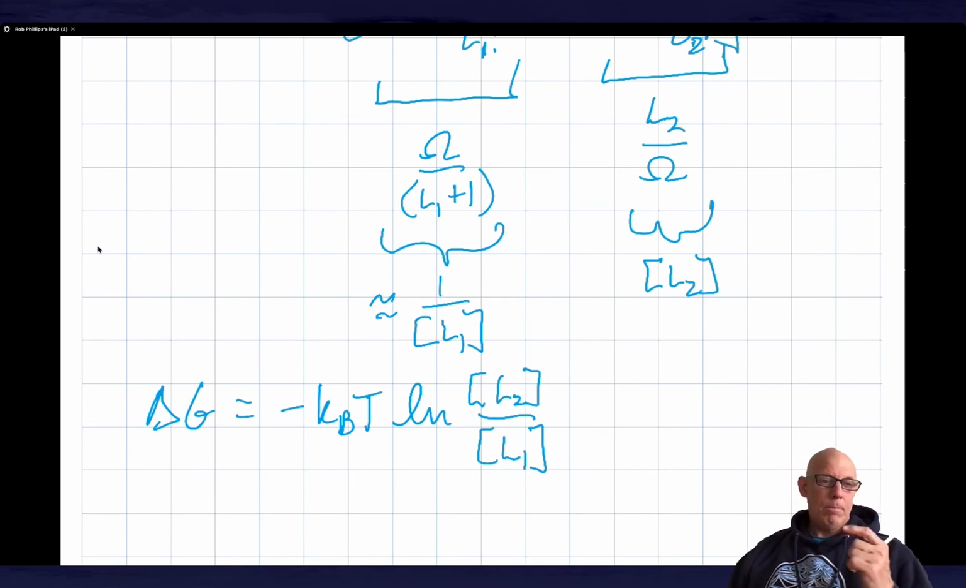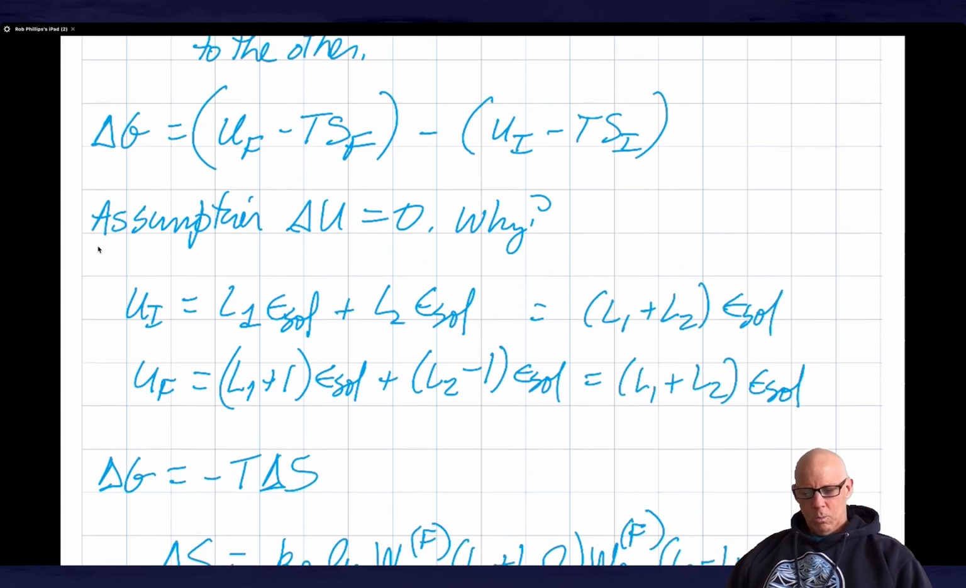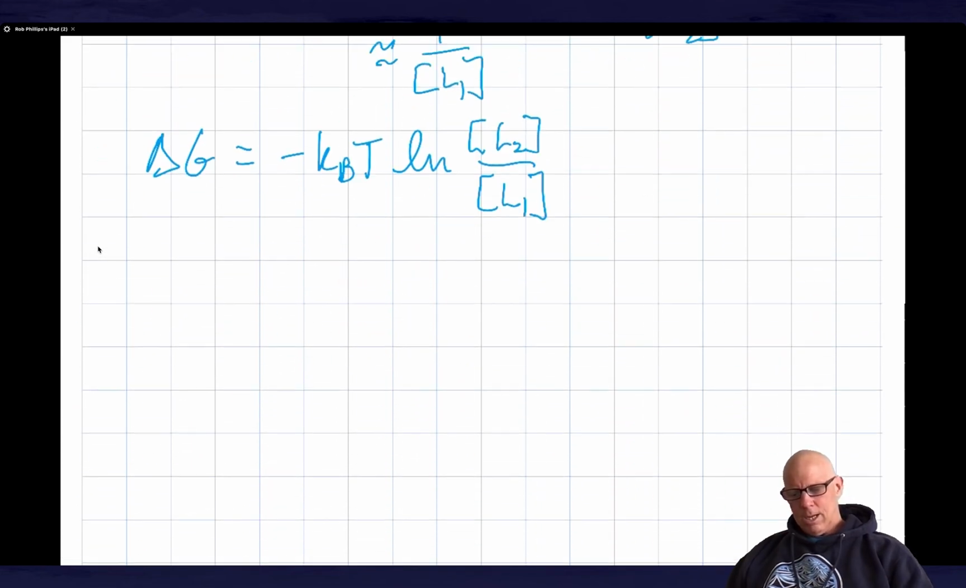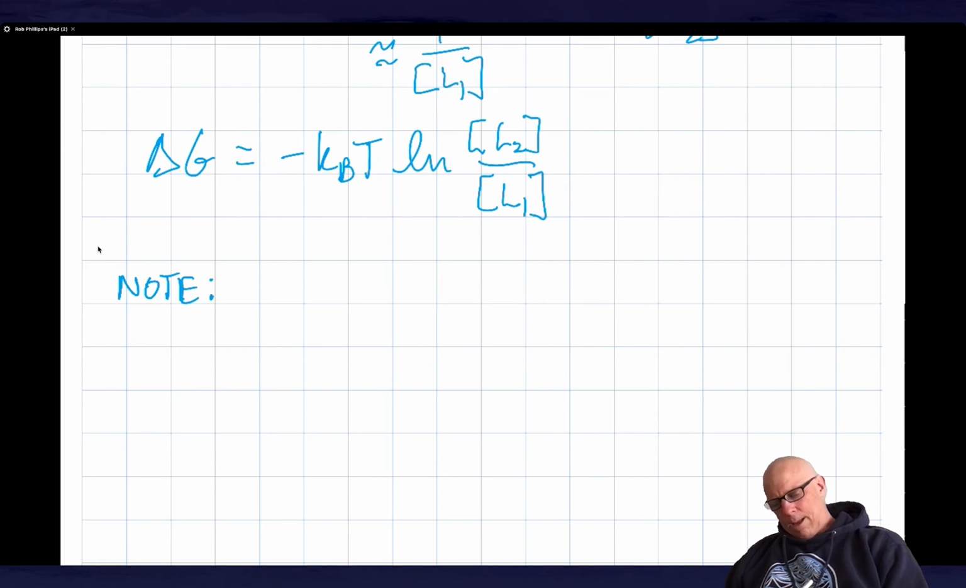I mean, I'm done. What I've figured out is the free energy difference when we take a molecule from over here and move it over to the other side. Given that there were L2 on the right and L1 on the left initially, now what we've done is we've moved one of them, and we've seen that the free energy associated with that is of the form KBT log ratio of the concentrations. Note, so this is our final point, note, if,